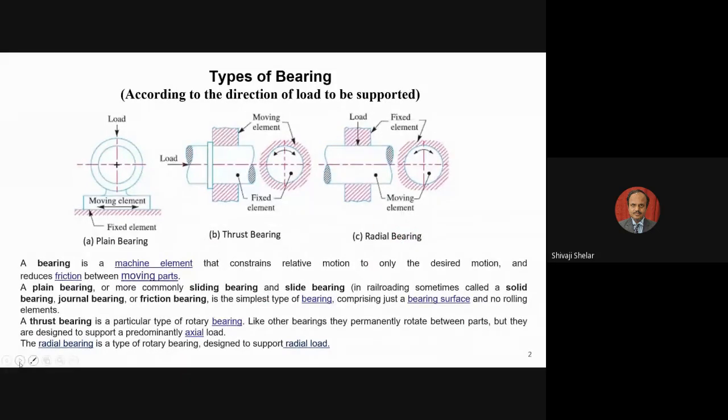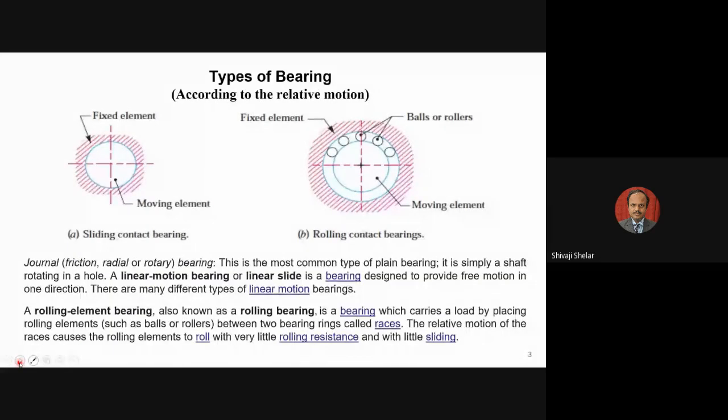Let's go to the next slide. Now, the next classification I have shown here is based on the relative motion between the fixed surface and the rotating surface, because now we are talking about rolling bearings. So I am talking about only the rotating surface here, the moving surface. This is the external surface, this surface is the housing surface, and this surface is the fixed surface. Inside this there is a solid shaft which is rotating. So let's say rotating or moving. It can move axially also.